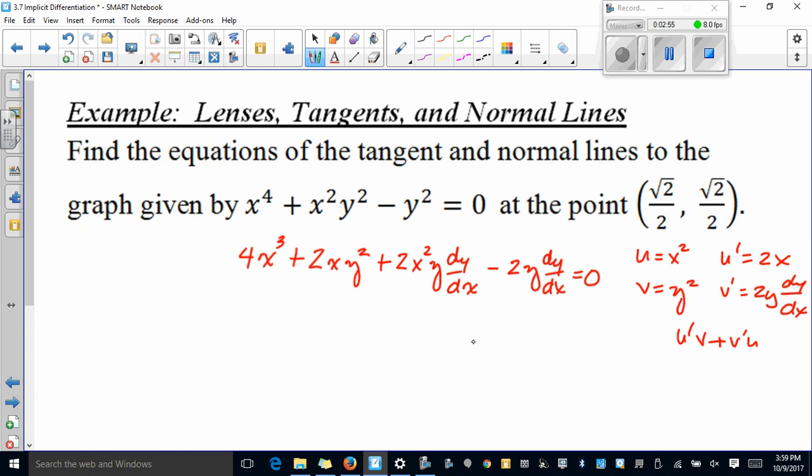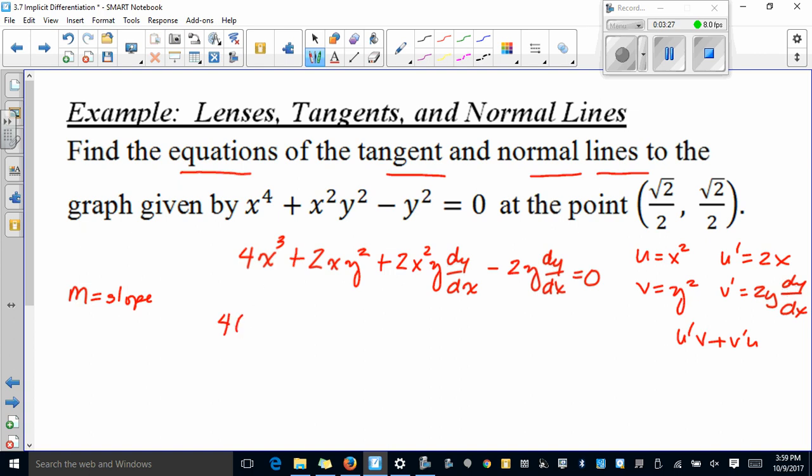Okay, now keep in mind that we don't have to do anything beyond this for our derivative. They want the equations of the tangent and normal lines, which means we're looking for slope. Remember, we use m for slope. So what I'm going to do is plug in square root of 2 over 2 for all of my x's and y's, and for dy dx, I'm going to plug in m. So this is 4x cubed, so square root of 2 over 2 cubed